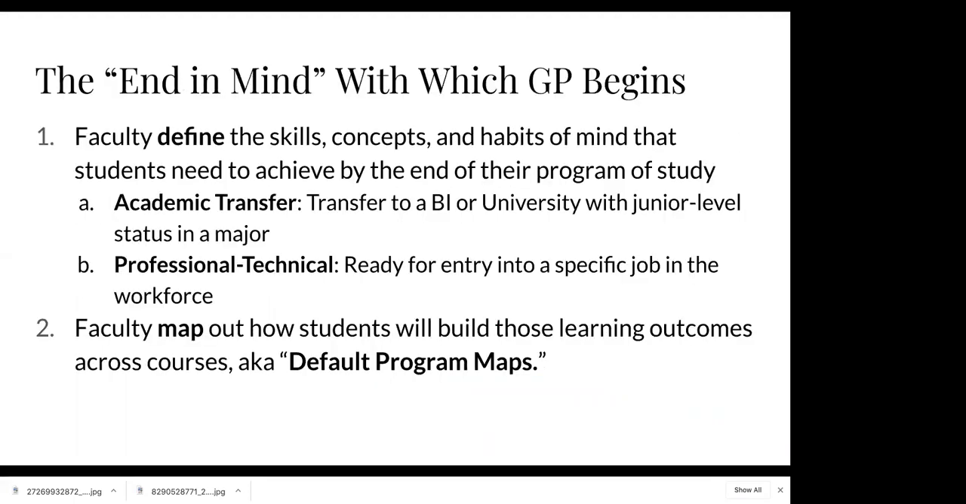So the end in mind, which with guided pathways begins, is that faculty define the skills, concepts, and habits of mind that students need to achieve by the end of their program of study. For academic transfer, that means transfer to a baccalaureate or a university with junior level status in a major. And for professional technical, this means that you're ready for entry into a specific job in the workforce. And I'm going to spend this webinar going into a little bit more detail about default program maps, because I haven't in